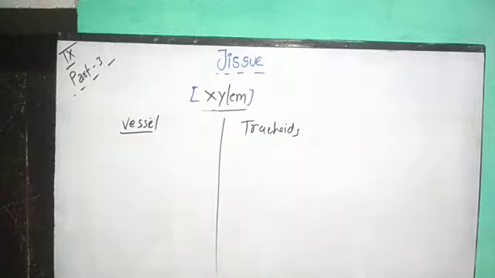Now we are going to see another differentiation. As I told you, the wall of tracheid is closed, whereas the wall of vessel is opened. The last thing regarding them is that tracheids are thick in the middle, whereas vessels are thick at the end. And even one more major thing is that,